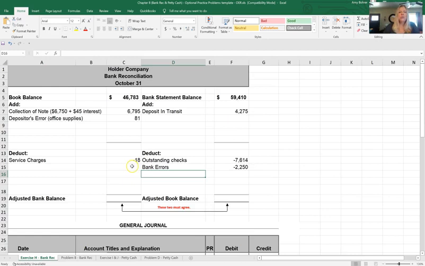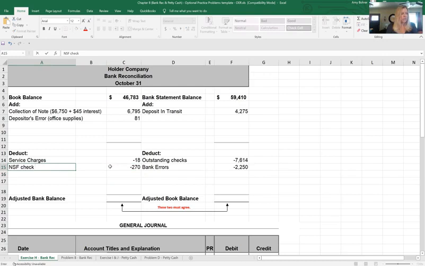And then what you have to do is contact your customer and tell them to bring you some more money. All right, so that's something that has already been recorded by the bank, but we didn't know about it until we got the bank statement, so there's no way it could already be deducted here. So we're going to need to reduce our book side by $270, and we're just going to put NSF check from our Petty so that we know when we make our adjusting journal entries,